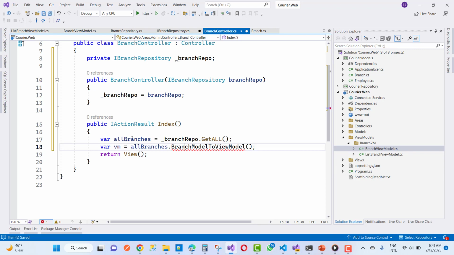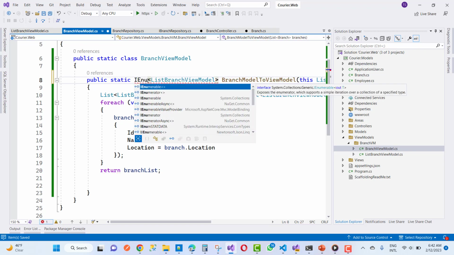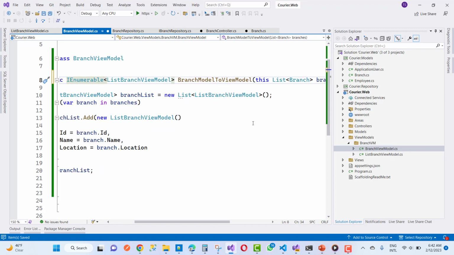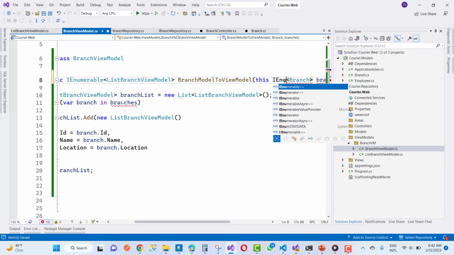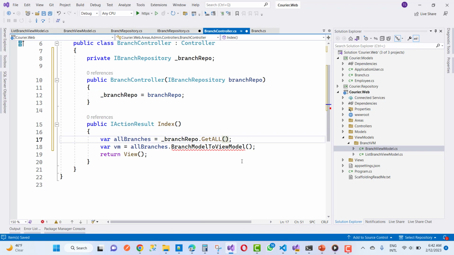Okay, you know that all branches have an enumerable type. So if you want to convert this into the toList form, just make it first branch view model and list of enumerable. Okay, and here I'm going to add enumerable of branches. Okay, so everything is fine. Now you can just notice that the branch controller has enumerable type,